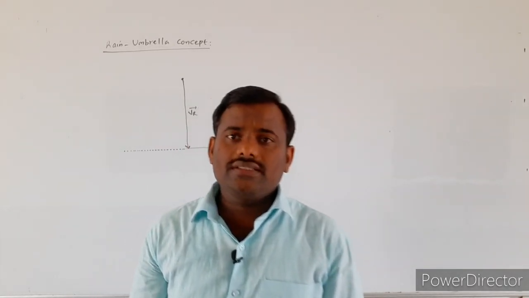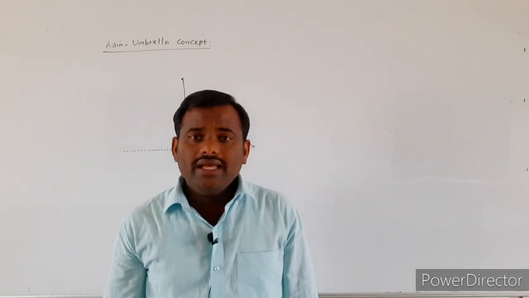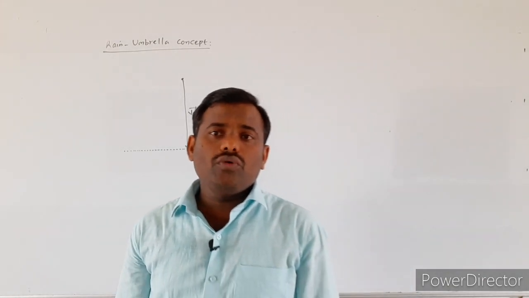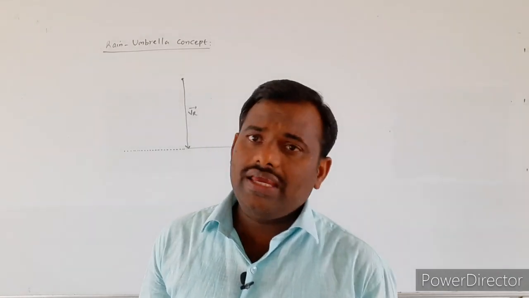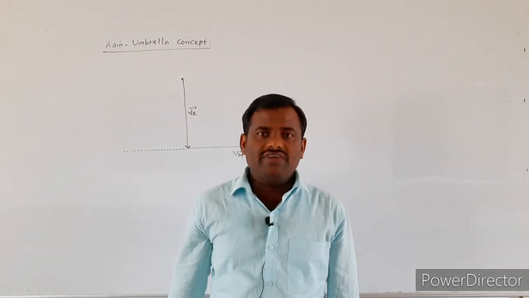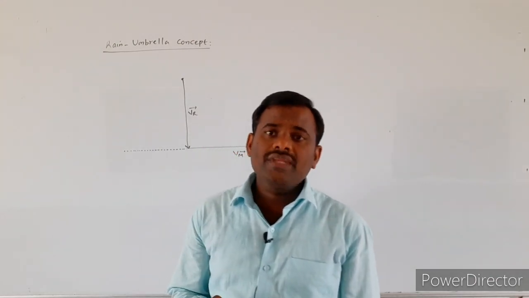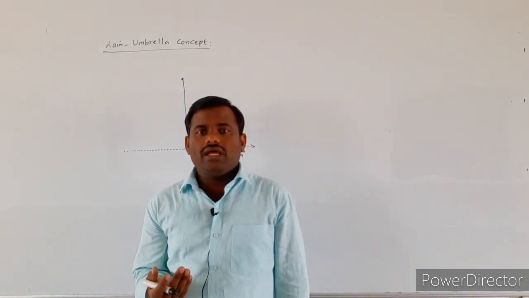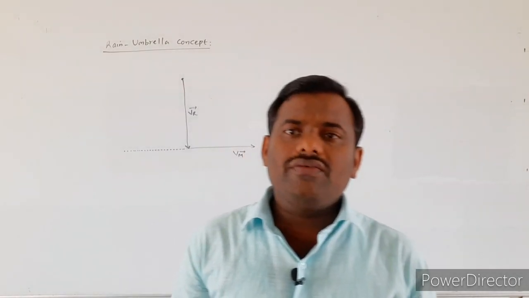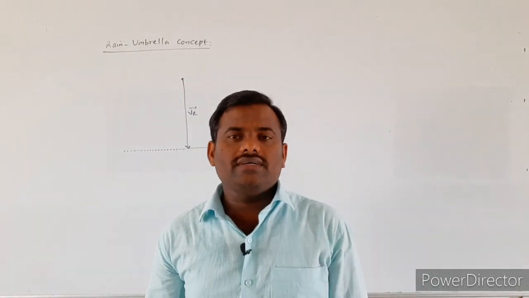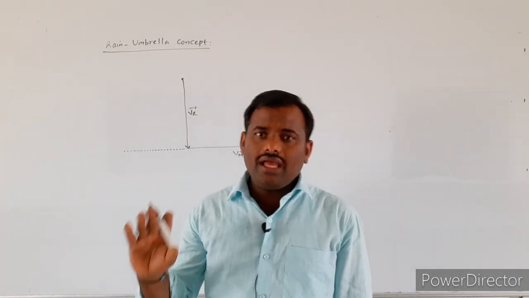Today we are going to discuss another application of relative motion in two dimensions. In the last class we discussed the most important application of relative motion in two dimensions, that is the riverboat concept. In that we also discussed sub cases. First one is downstream. In the downstream the boat is moving in the direction of the flow of the water. Upstream, in the upstream the boat is moving opposite to the direction of the flow of the water. Next, the third case is to cross the river in the shortest path, and the fourth case is to cross the river in the shortest time interval. The entire derivations we also did.